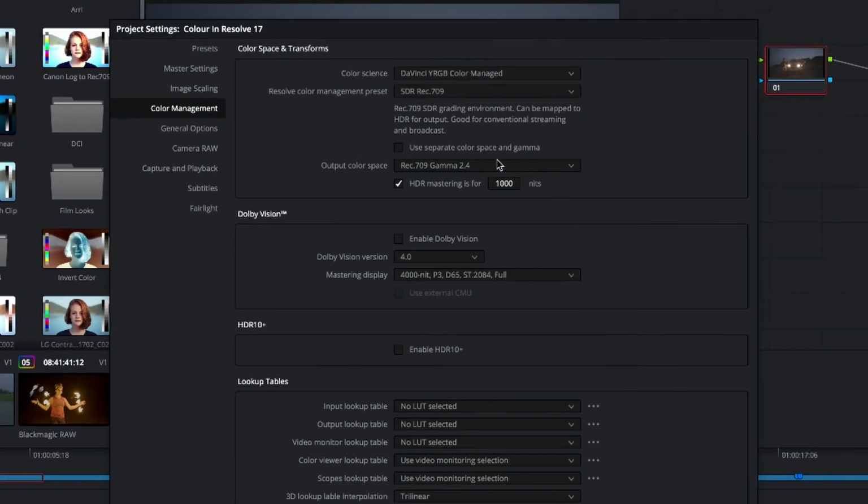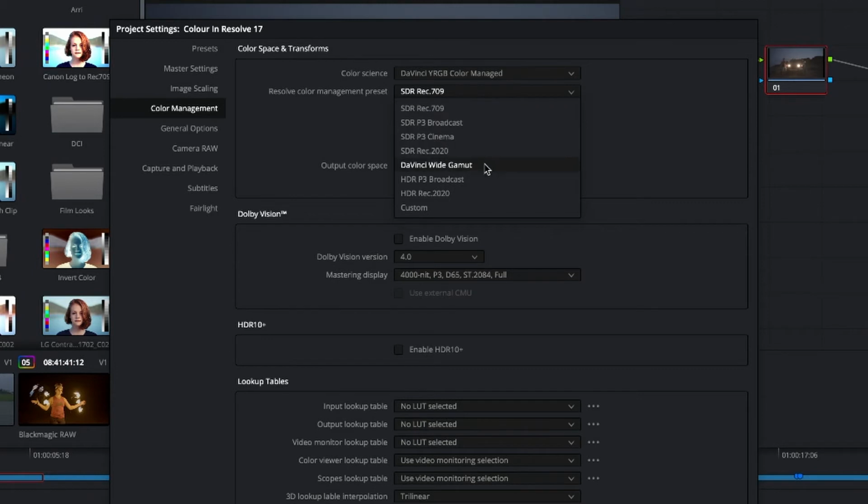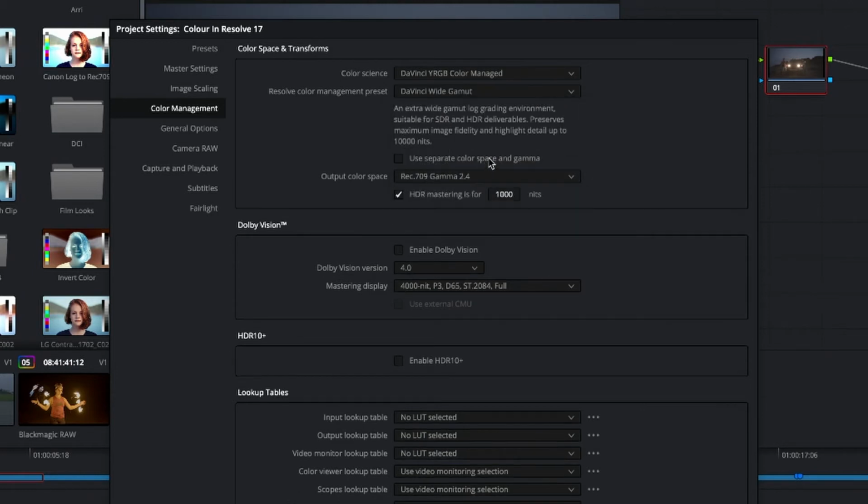Now you can see we have presets in here. So I have Resolve Color Management presets. For DaVinci Resolve 17, I've got something called the DaVinci Wide Gamut. And this is what I'm going to use because as you can see, it says it's extremely wide gamut for log grading environments. It's suitable for SDR and HDR deliverables, and it preserves the image fidelity. So what this means is when you're working in Resolve, you're not going to lose any information. And also your controls are not going to be limited by the color space you're working in. So this will just give you free range to push and pull your color around and adjust your dynamic range